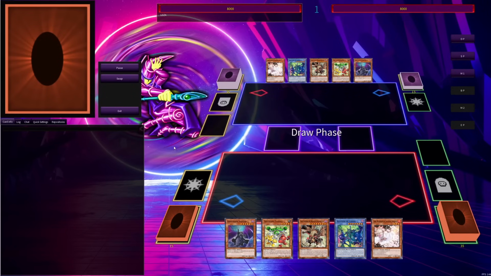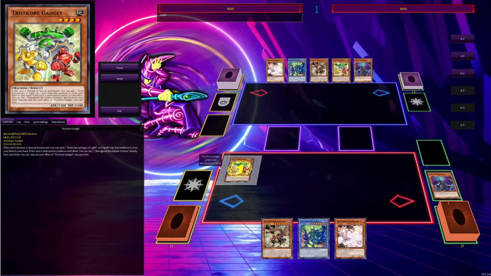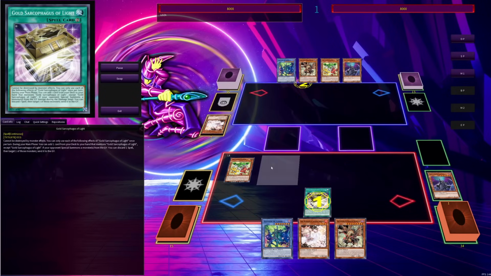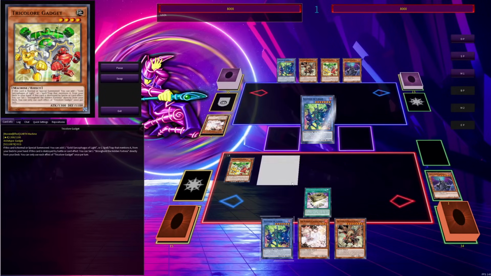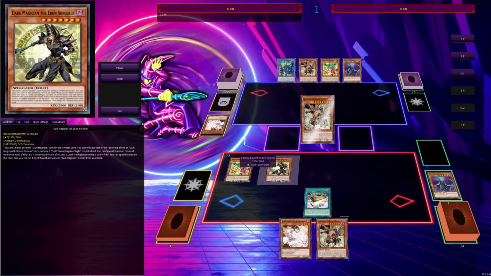These replays aren't anything too special, I just wanted to show off Shifter is insane in this deck, right? We start with Shifter, and it doesn't stop any of our main combos. So here's the main combo of Gadget, get Gold Sock, getting Ashed on Gold Sock here just to show how good it is now. And we're able to go get the Dark Magician through Illusion of Chaos instead,